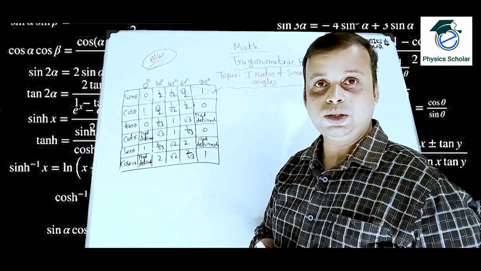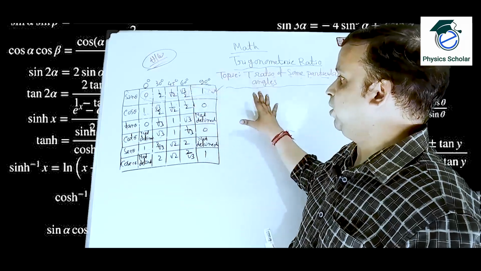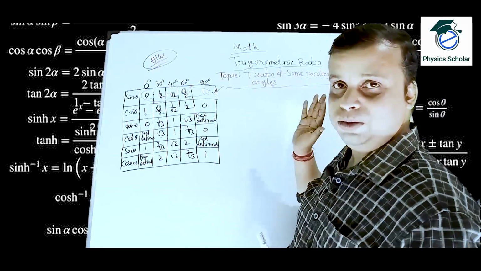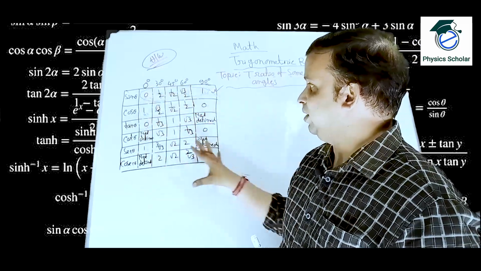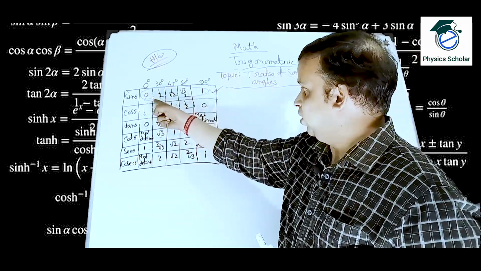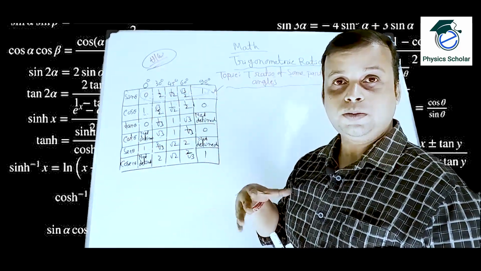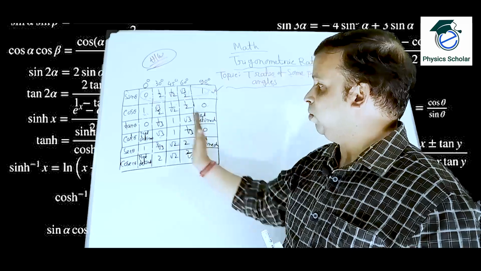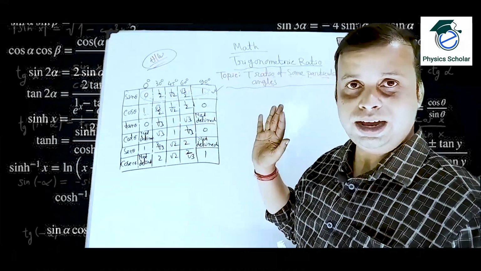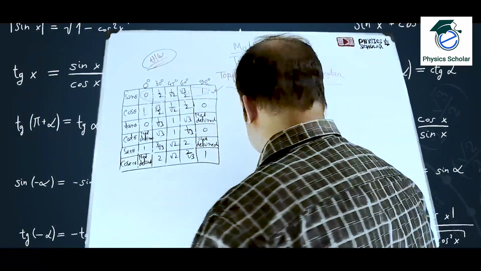So now let us solve some sums. The values will be given, we have to put the values. I am not rubbing this out, for your understanding of how I am getting the values. Clear? So memorize this one. If you forget any values, then if you memorize this one, you can find out the others. But it is better for saving time that you memorize all the things. Clear? But it is very easy. Now let us move to the sums.